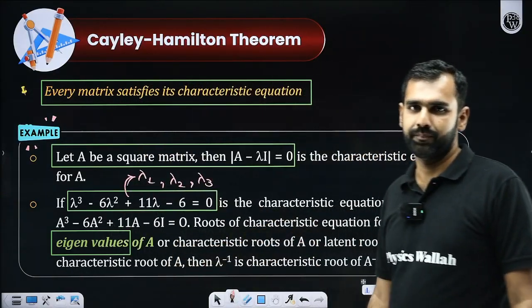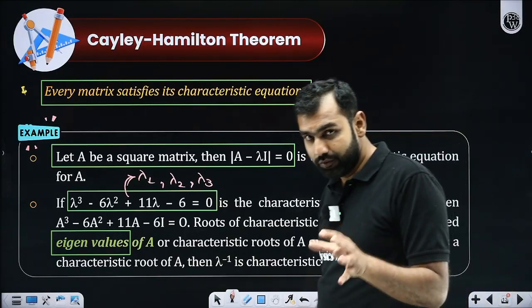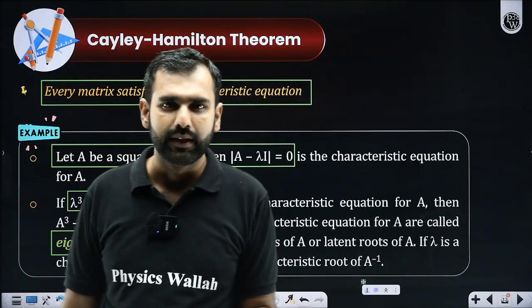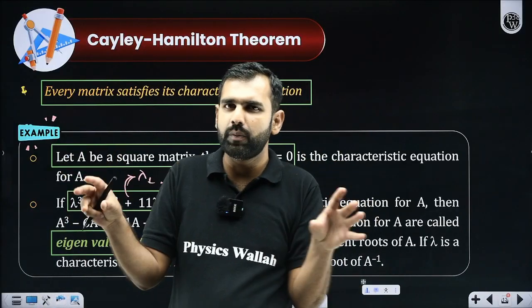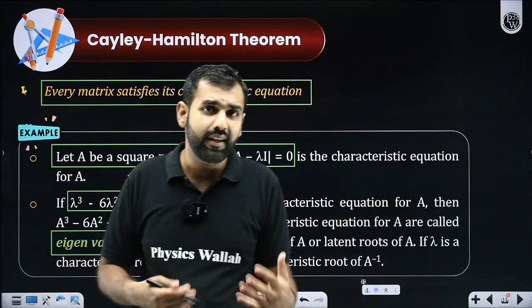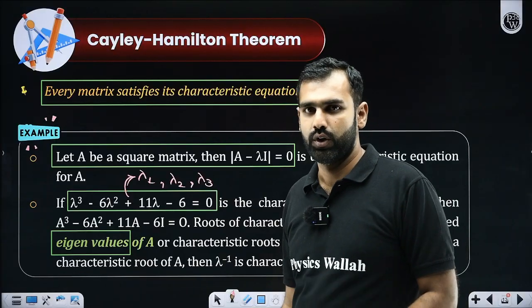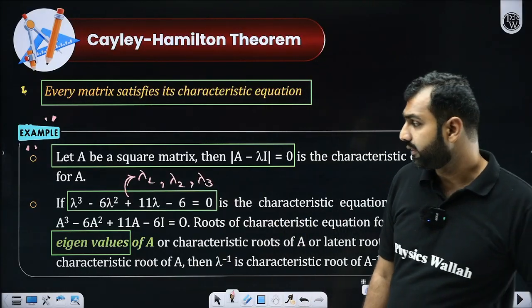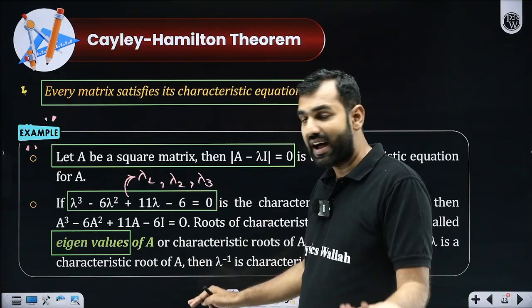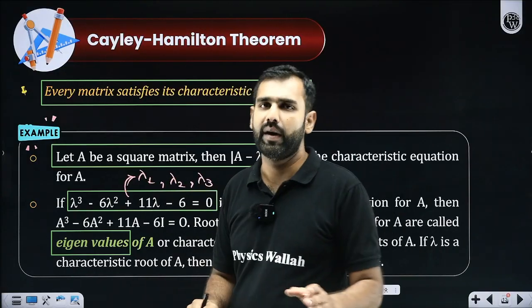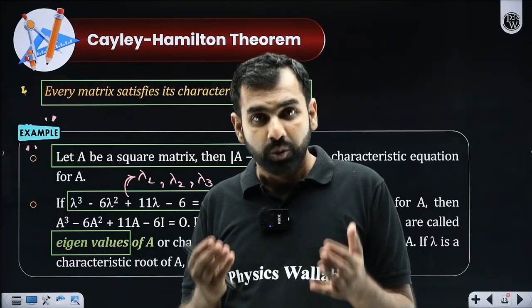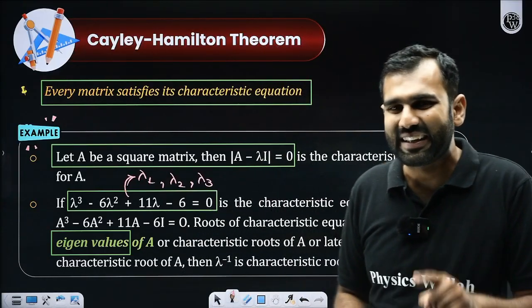this matrix A. Those who are getting confused that, sir, you told in the beginning that a matrix is simply an arrangement of rows and columns. It does not have any value. But if there is a square matrix, its determinant has a value. So of course, right now also I'm not saying that the matrix A has values lambda 1, lambda 2, lambda 3. No, I did not say so. If you are assuming it, then you are assuming it incorrectly.